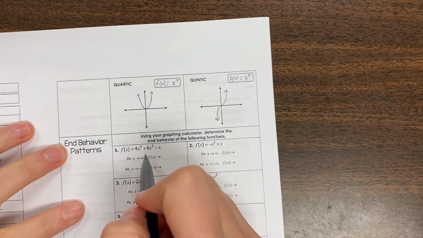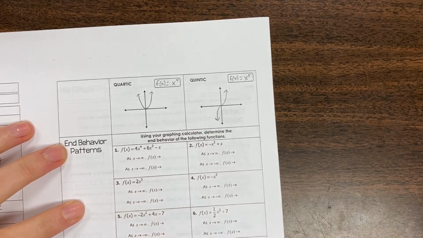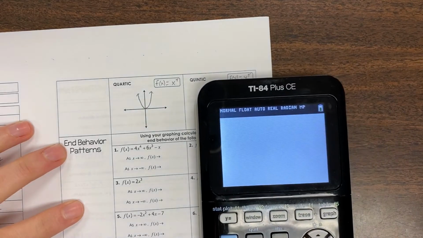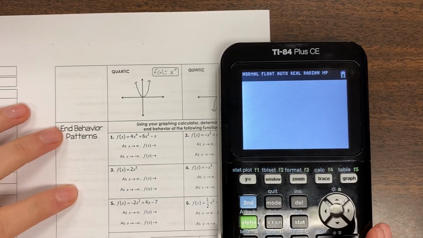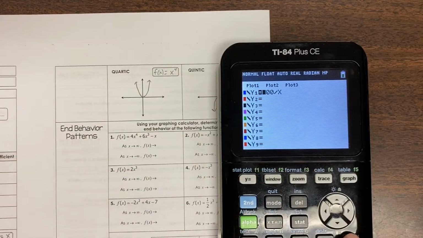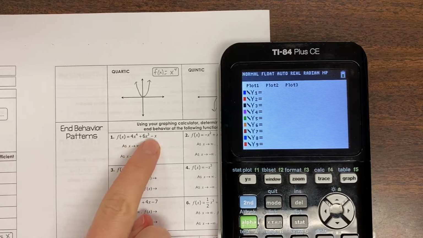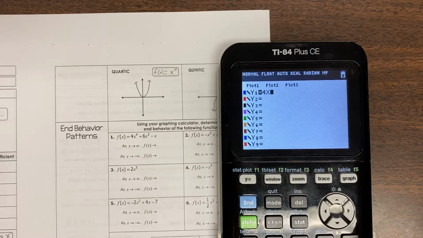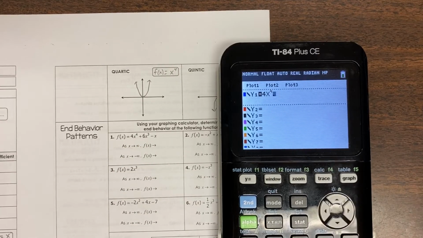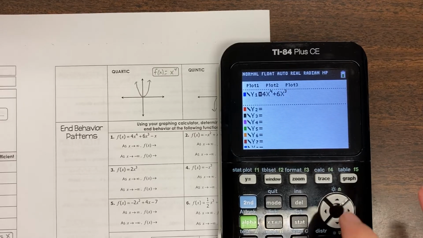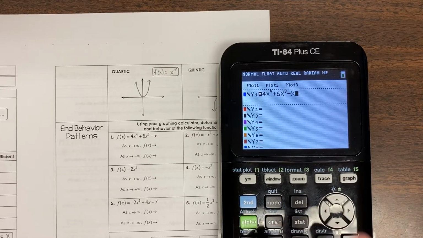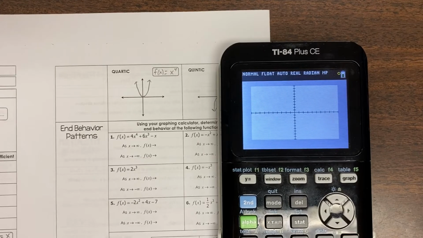All you have to do, well, I guess it says use the graphing calculator to determine the end behavior. So on the graphing calculator, we'll go to the y equals screen, and we'll type in this function: 4x to the fourth plus 6x to the third minus x. When I hit graph,